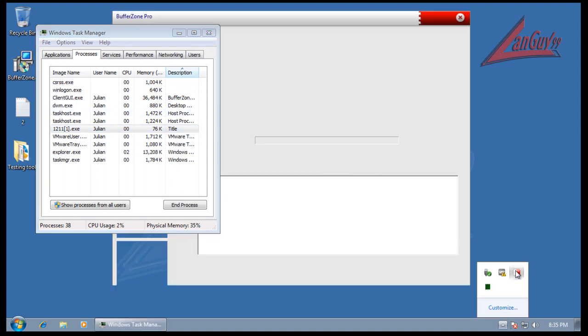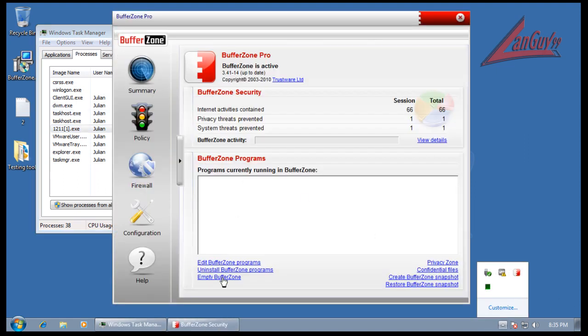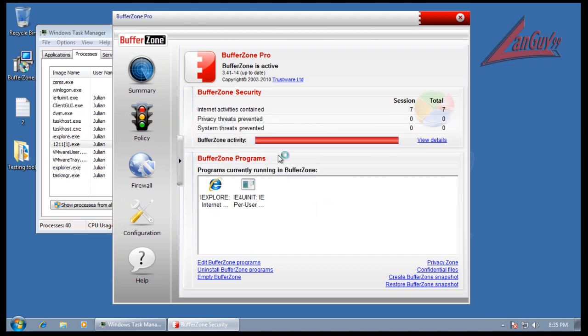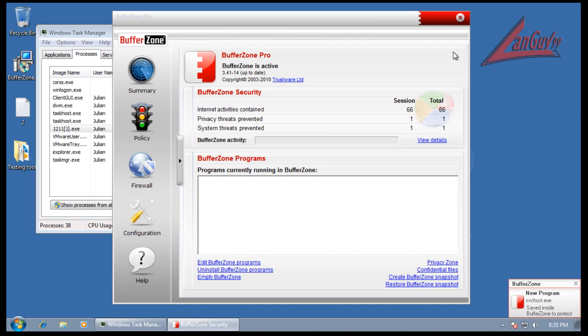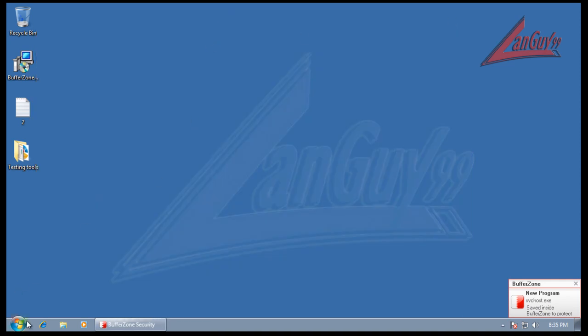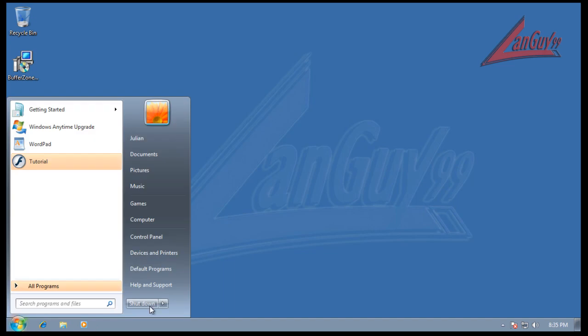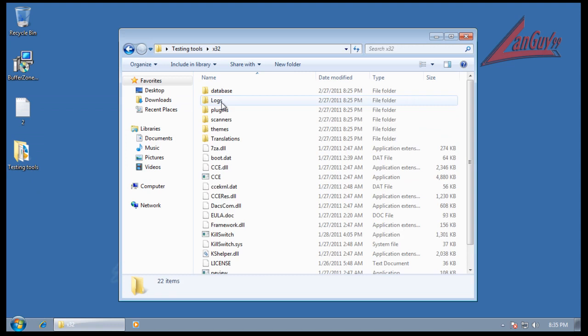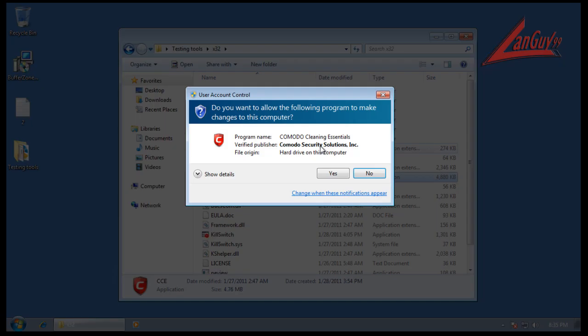I thought I emptied the buffer zone, but there's still something running in memory. Looks like something might have snuck by. So now I'm going to restart. You know what? I'm not going to restart. There's no point of restarting because it's going to ask me to restart anyway. So I'm just going to jump into